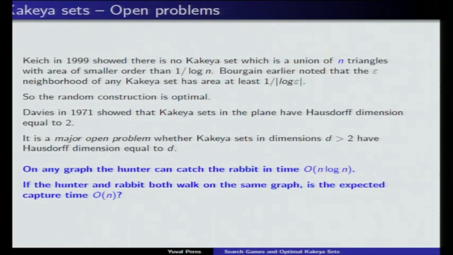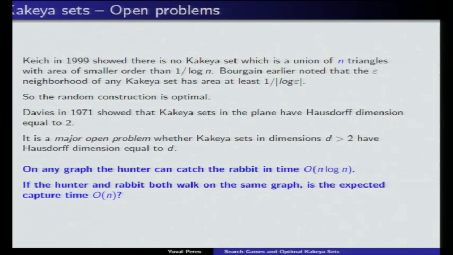So far, we've been able to verify this conjecture in any specific instance by some ad hoc construction. If you're on the binary tree, you have to do something. If you're on this graph, you have to do something else. And it seems to be always linear time against the weak rabbit, but we don't have any theorem to that effect. So that's maybe a nice challenge.